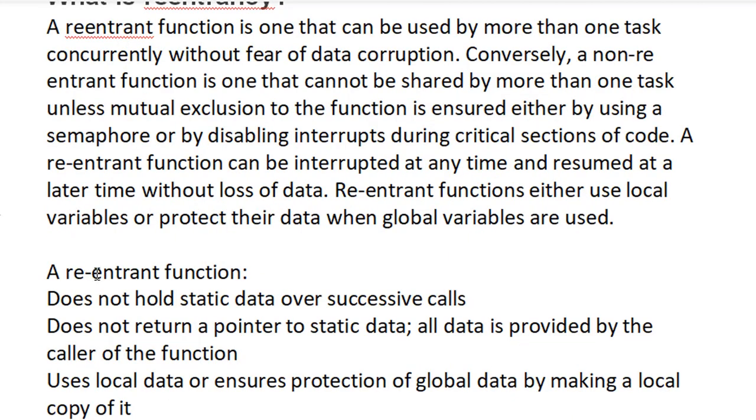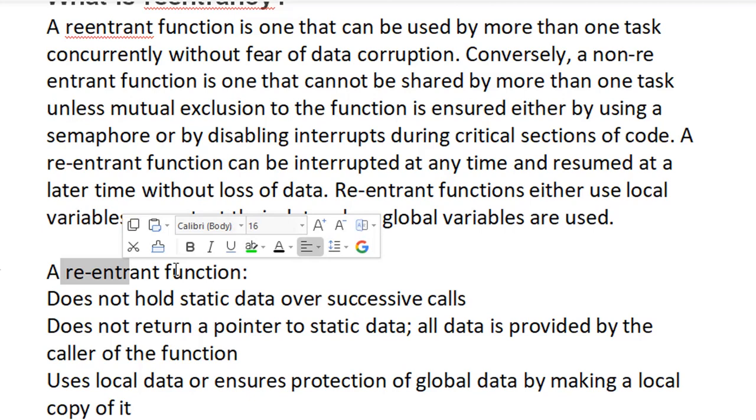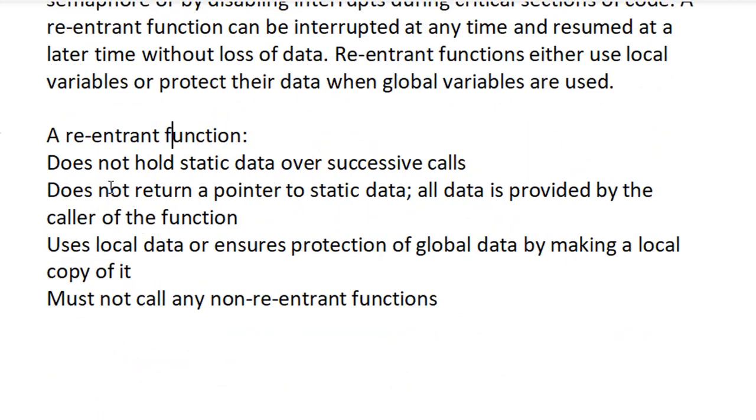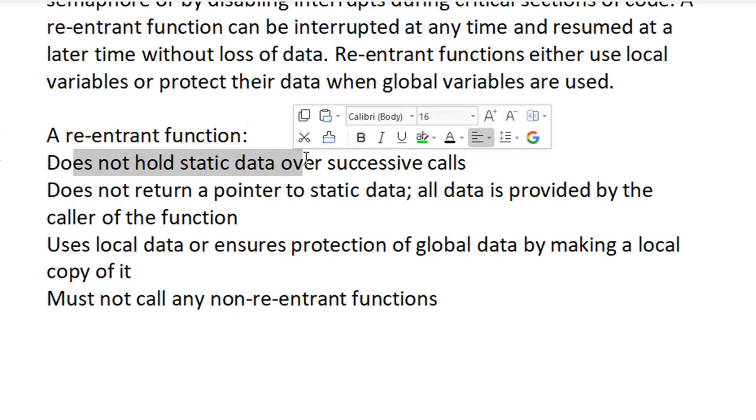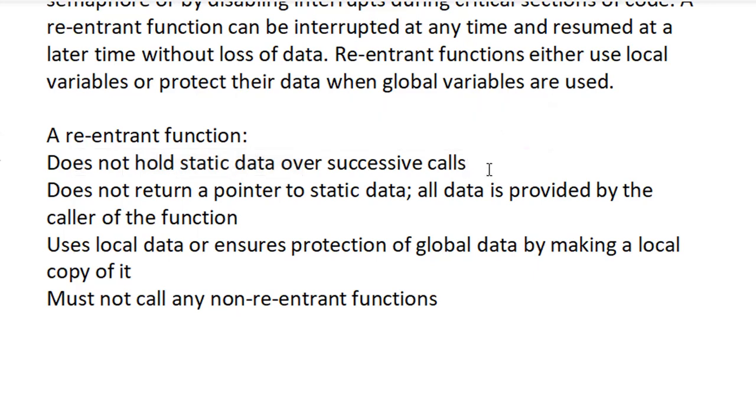So what does the reentrant function have to take care of? First of all, it should not hold static data. What's the meaning of that? Consider if one function has some static data and another thread also comes in and changes the static data. Then when the previous process comes back, it will see something else, while it's not expecting that. He wants separate treatment when one function is executing. He doesn't want anybody disturbing him, because he is not aware of who is coming and who is not.